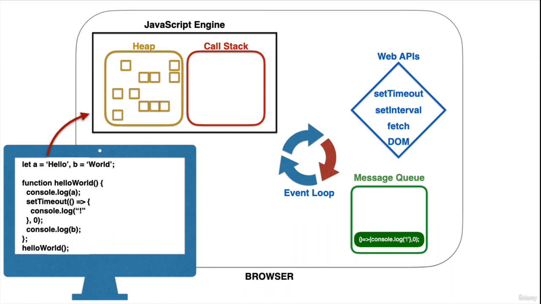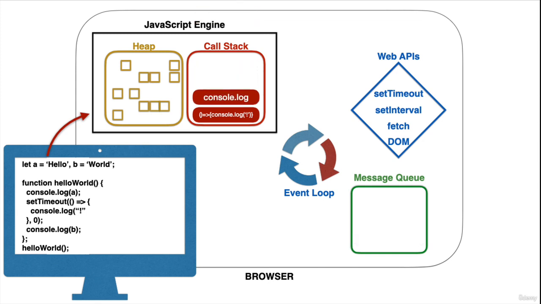So as I mentioned, the event loop is cycling and checking the call stack. So it checks and sees that it's empty. It then grabs the next item in the message queue and adds it to the call stack. And so we get that anonymous function, that callback function, onto the call stack. It begins to work through what that function needs to do. The only thing in it is a console log statement. It encounters that console log statement